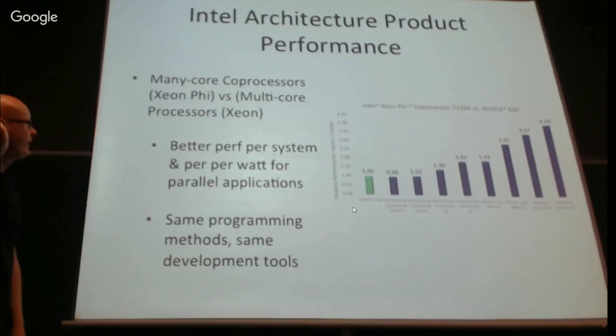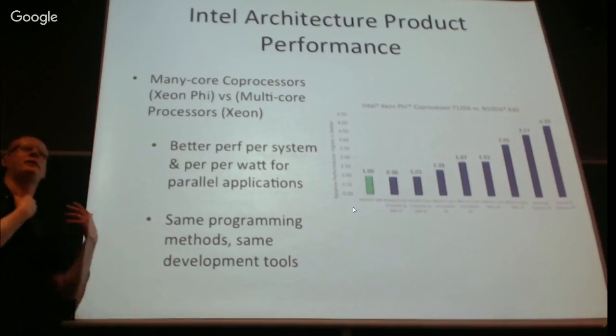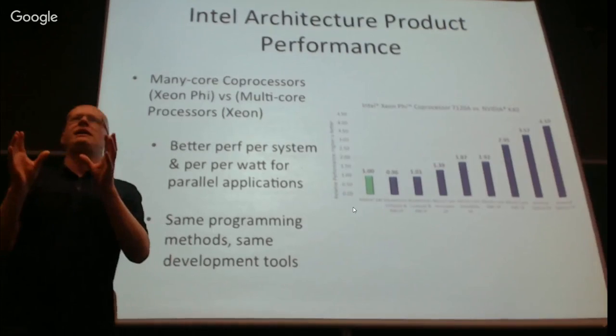So let's have a look at product performance. Many core coprocessors, Xeon Phi versus multi-core processors. Xeon, you get better performance per system and per watt for parallel applications. Same programming methods, same development tools. This is something that I'm going to be emphasizing throughout today, what's different about the Intel Xeon Phi